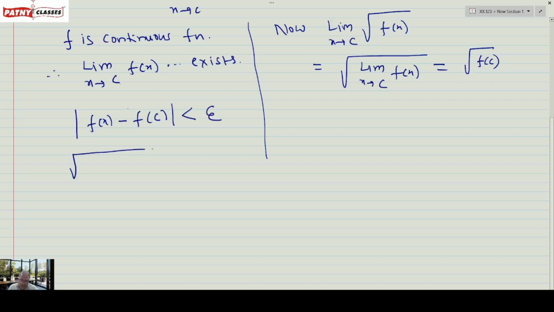Now taking root both sides, modulus of f(x) minus f(c) is smaller than root epsilon,